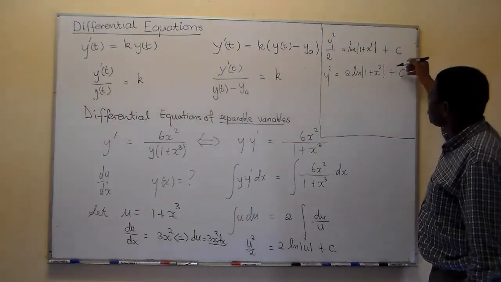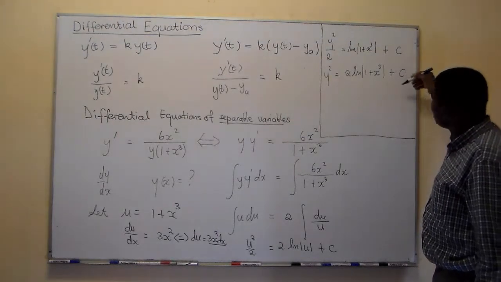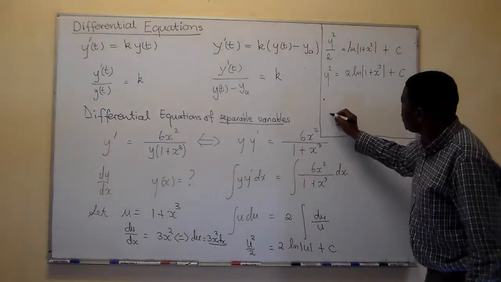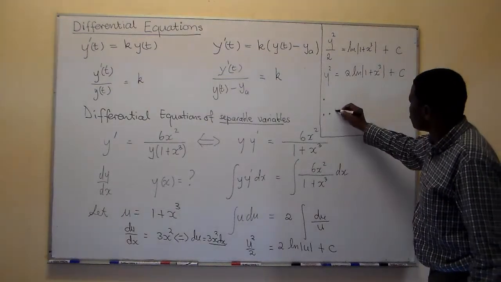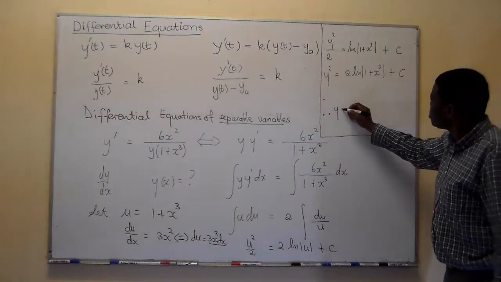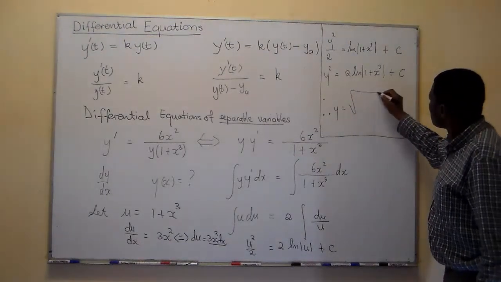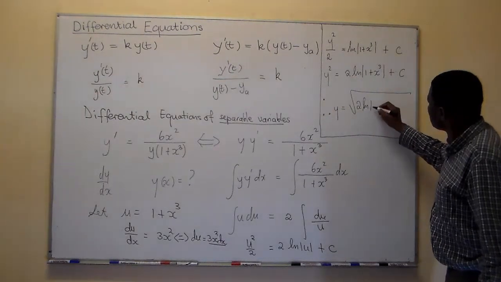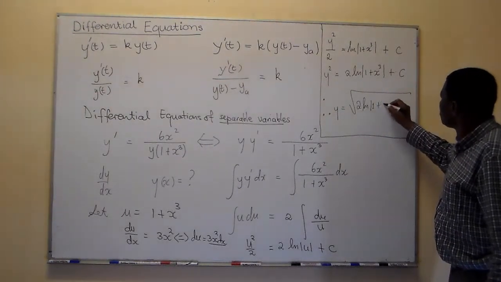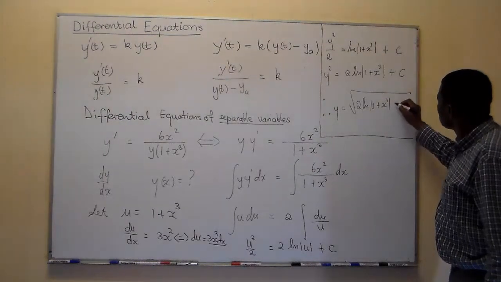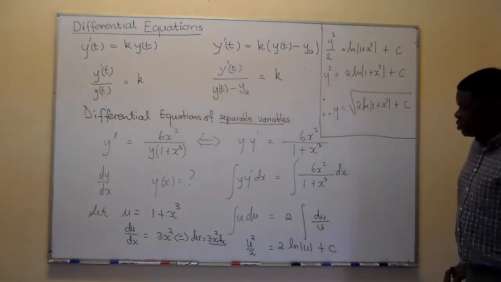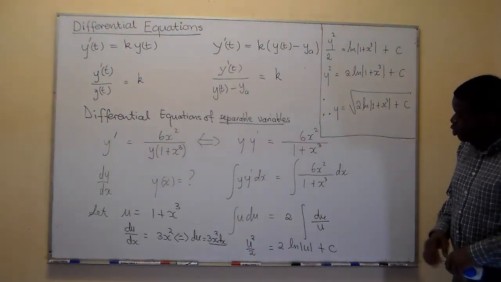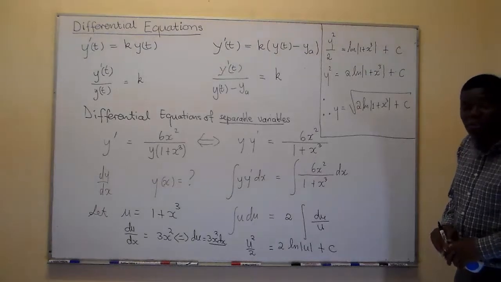And if you multiply c by 2 and c is a real number, you still get a constant, so we'll leave that as still a c, and therefore our solution is going to remain as y equals to the square root of 2 ln of 1 plus x cubed plus c. So this way we've gone through the whole process of solving our equation